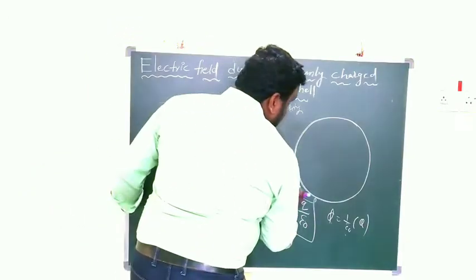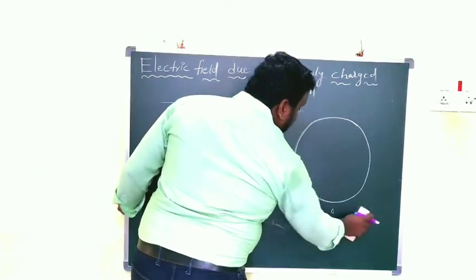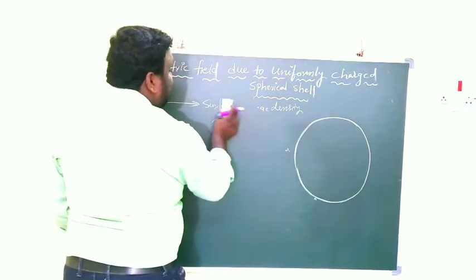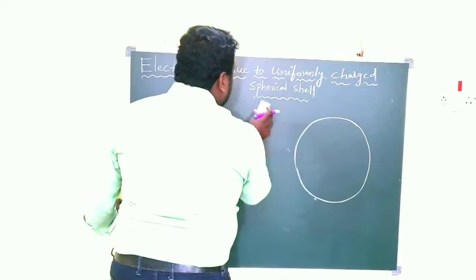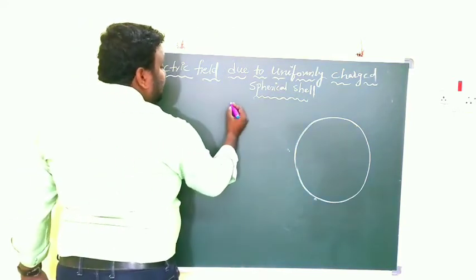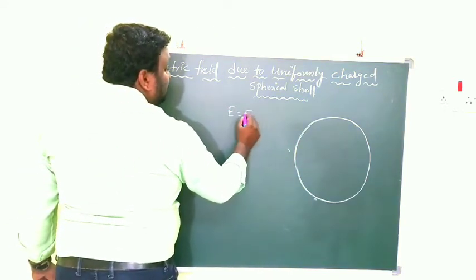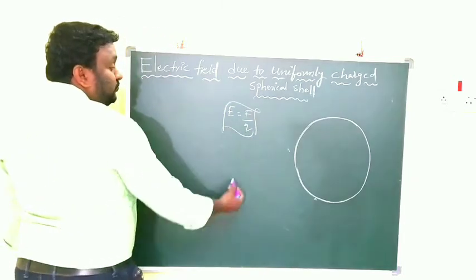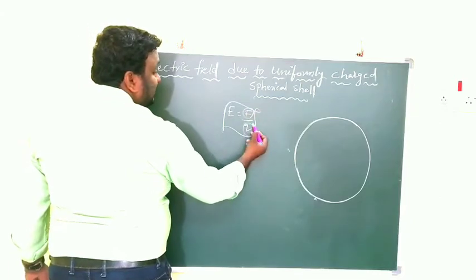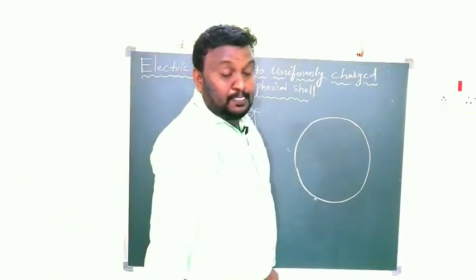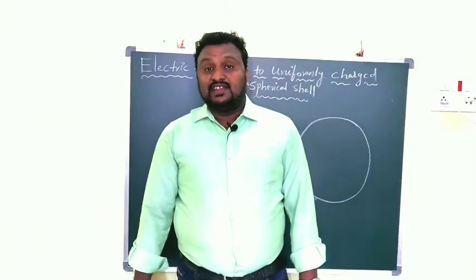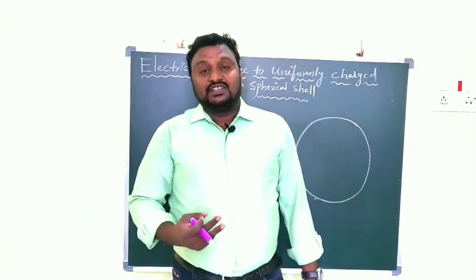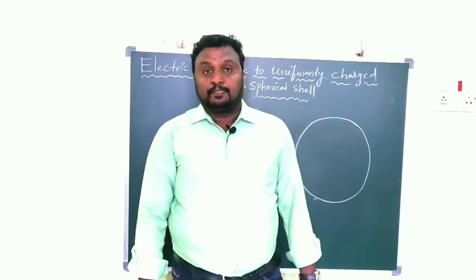And the next thing is electric field intensity. Electric field intensity is nothing but the force experienced by a charge when it is placed in a uniform or any electric field. E is equal to F by Q, we know that. This is electric field intensity, the force experienced by the charge in a particular field. If you know these three things, then you can easily understand the topic.